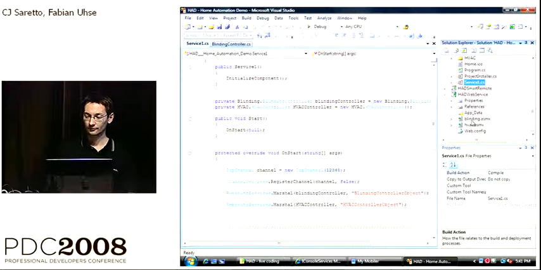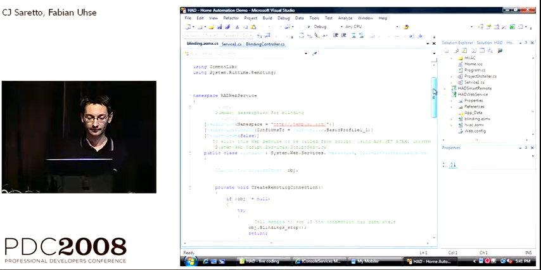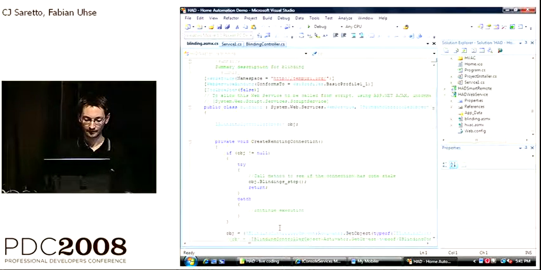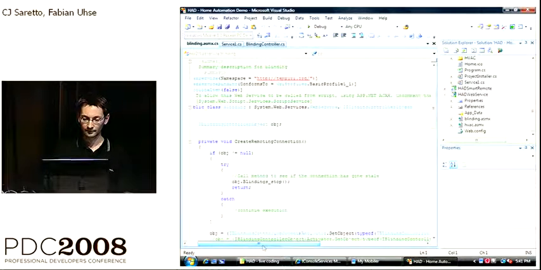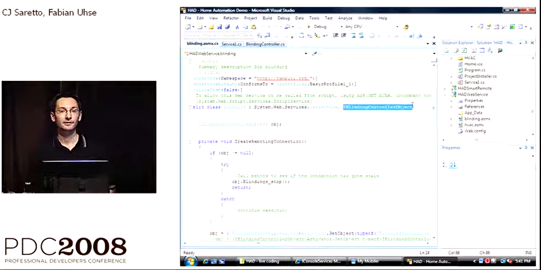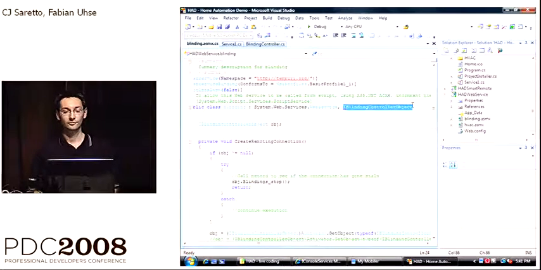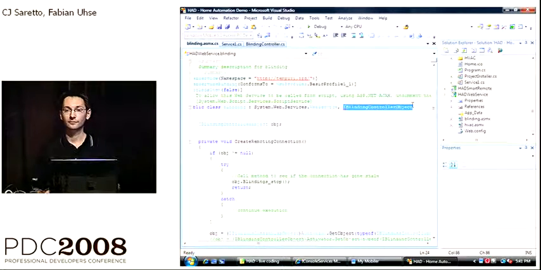We have our two web services. Let's have a short look into the blinds. And there we go. We have up here our blinds controller object. This is actually the interface we implemented in the common library, the first project I showed to you. It contains those interfaces.